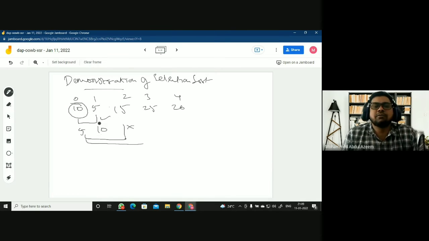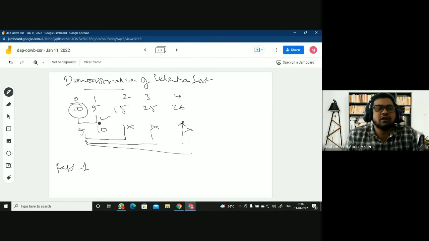Again, I'll be comparing it with the next, no exchange. Again, with the further next, no exchange, right? So this is said to be one pass. So after pass 1, my elements are 5, 10, 15, 25 and 20, right?